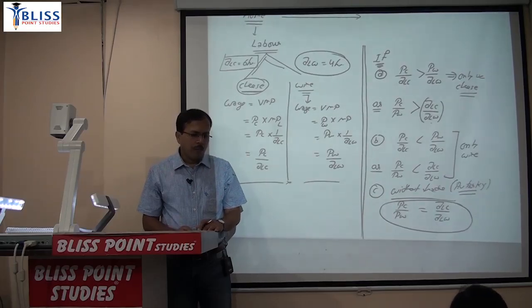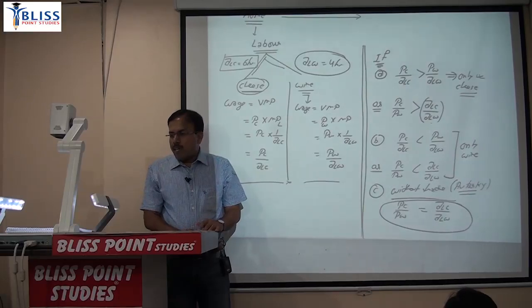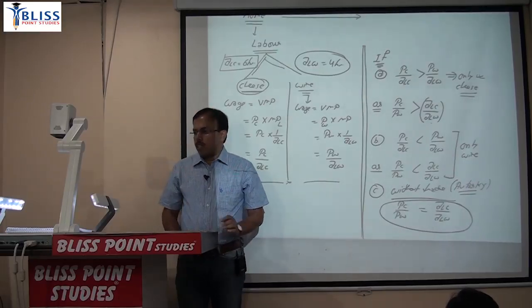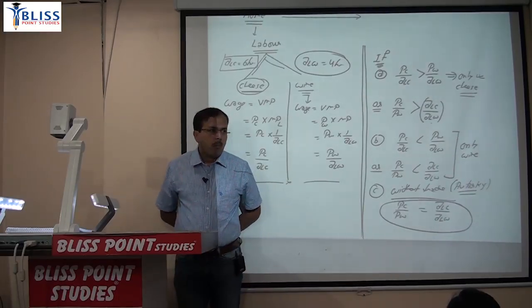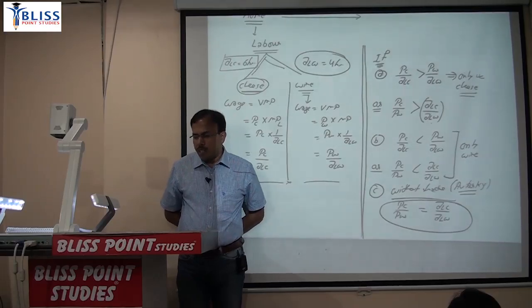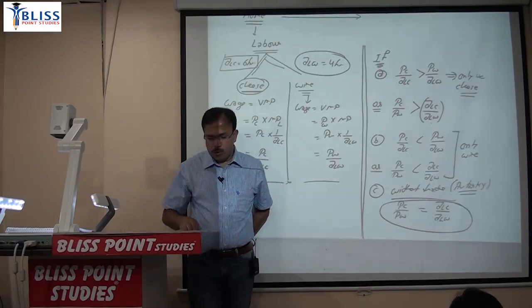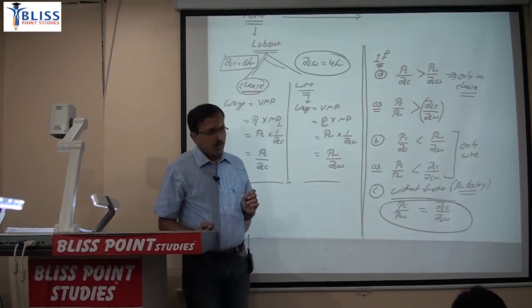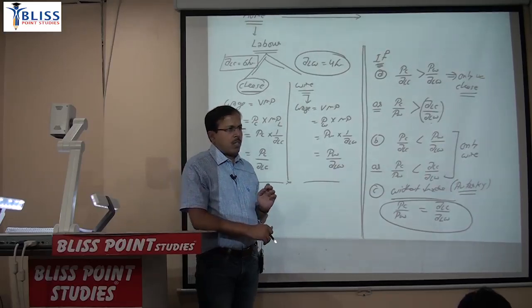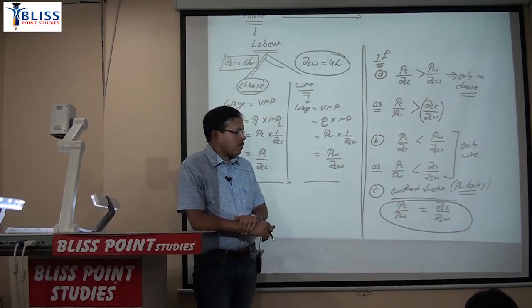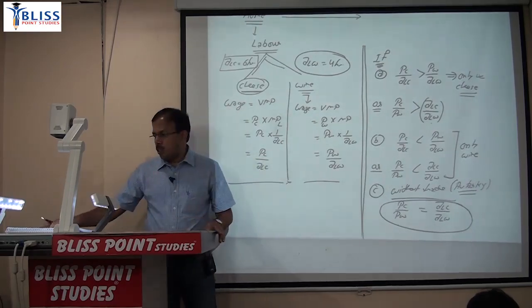For example, if the relative price of cheese is more than the opportunity cost of producing cheese,